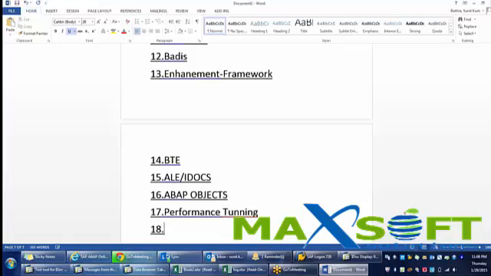Then I'll be covering SAP workflow. Nowadays, when you go as a pure ABAP consultant and search for jobs, they expect something extra. So I'll be covering SAP workflow in much detail, and these are the things coming to my mind right now. If anything is left, or you feel like it, you can tell me and I'll be adding it.